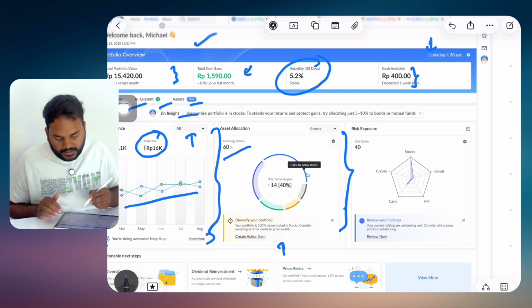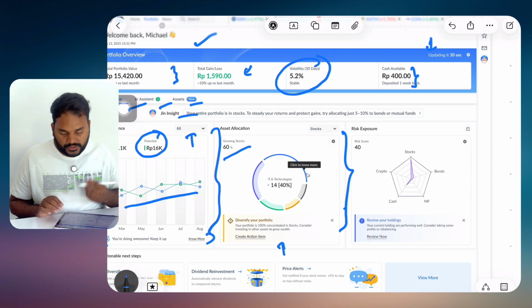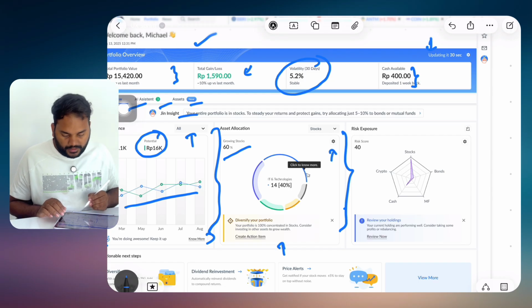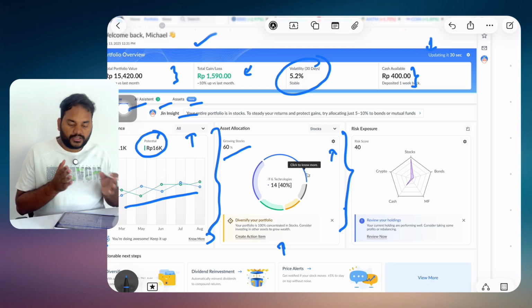On the top you can see the final result, or information on how the overall portfolio is going. The stock is growing by 60%, the profit is going up, and at the bottom we have the same nudge to motivate the user to take action. Here we are telling the user to take action to diversify their portfolio.